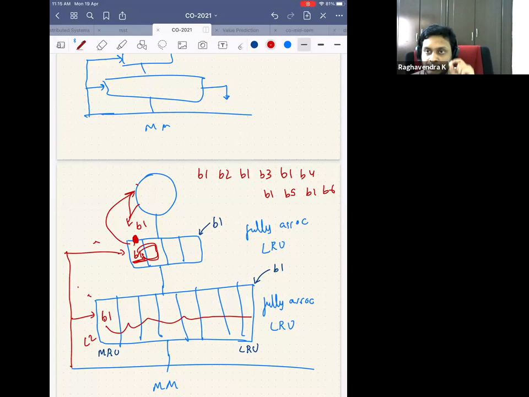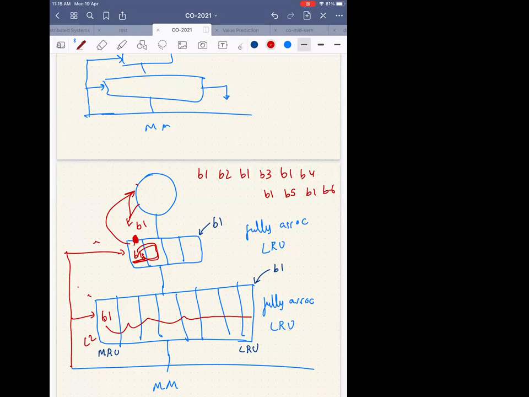So you should keep in mind that when you search the level 1 cache, if it's a hit, then you service the request. You don't go to the next level cache, which means that the replacement policy at the level 2 cache is not updated. Right? So do you agree to this? Do you get what I'm saying? Yes, sir.